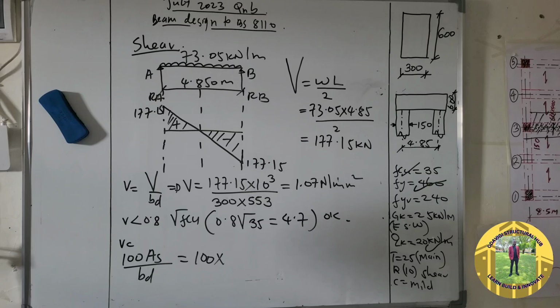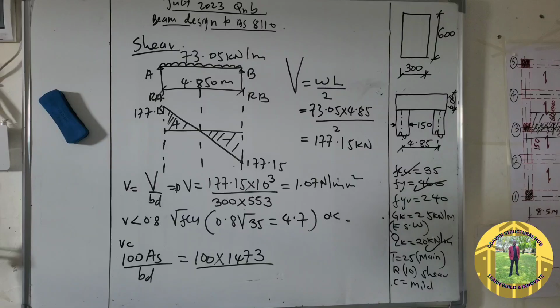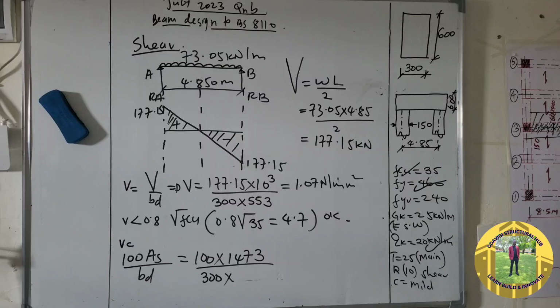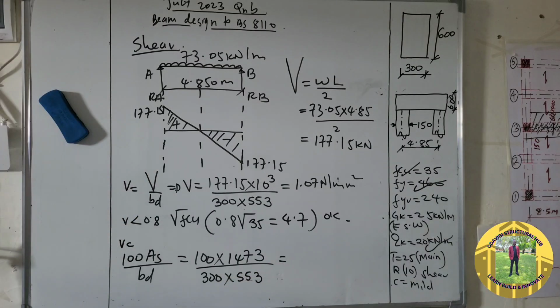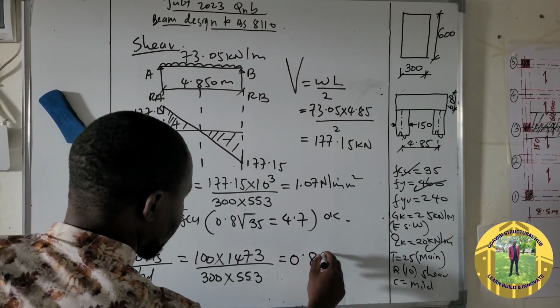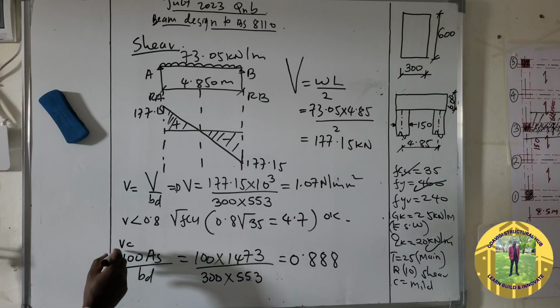Which is 1473, over b, where b is 300, times d, which is 553. So this is equal to 0.888. So you take this value into a table of Vc, and this table will give you a Vc for